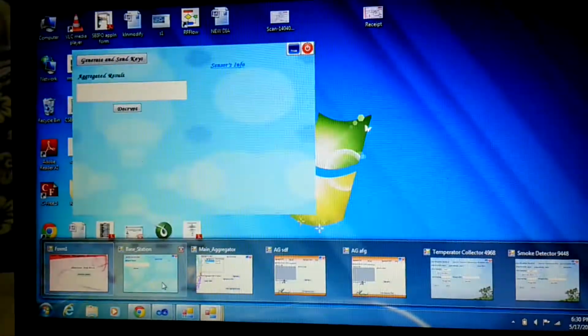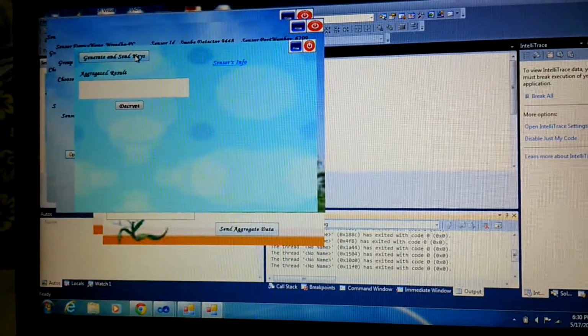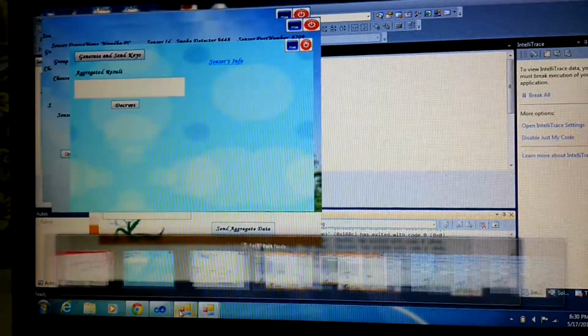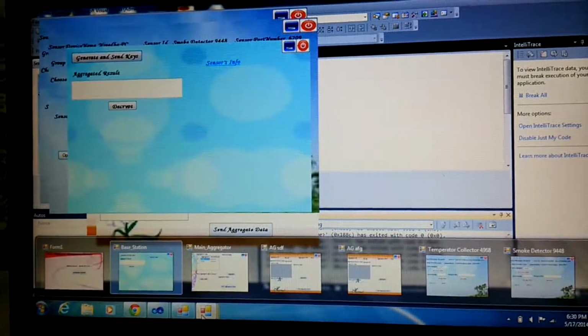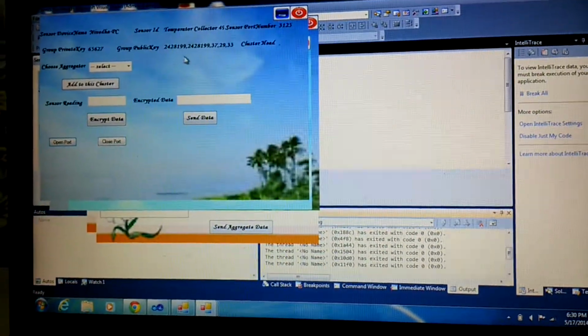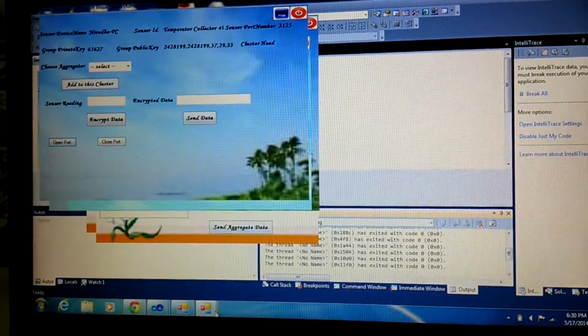After this, the base station will generate and send keys. Here different sensor nodes will be having a different group public key. Here we can see that.